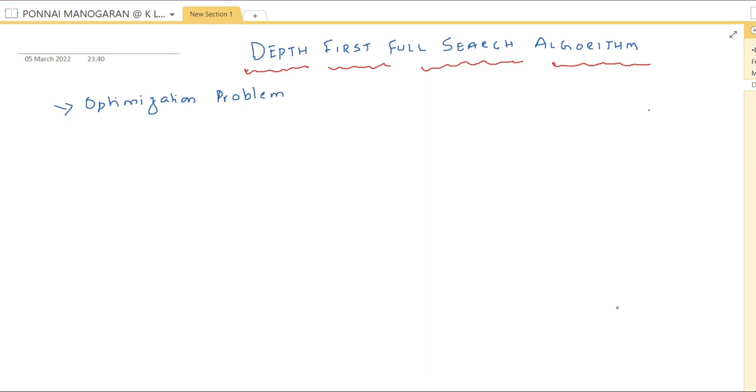Welcome students. Today we will discuss the depth first full search algorithm. This algorithm is mainly used for optimization problems. We have already discussed what optimization is. Optimization is a process of finding the best value